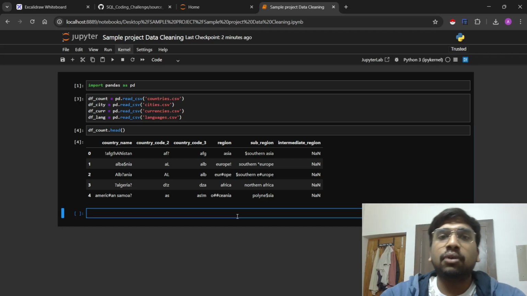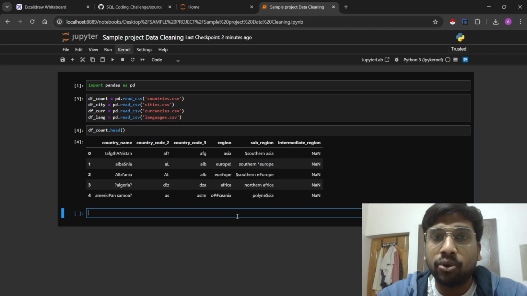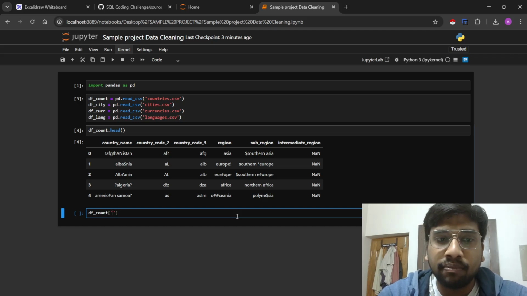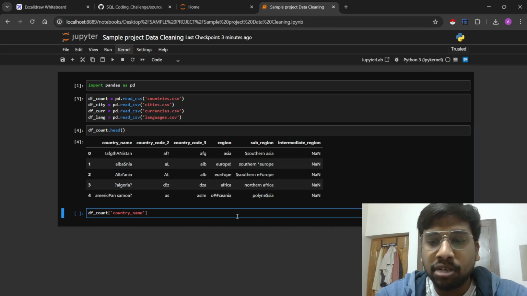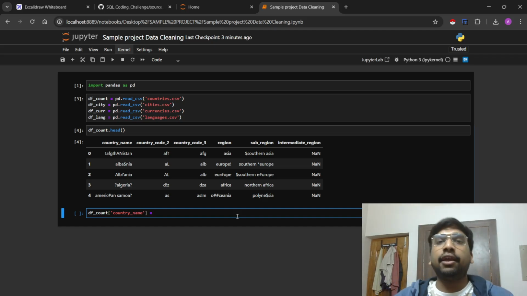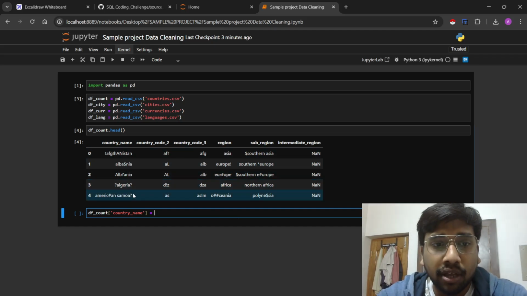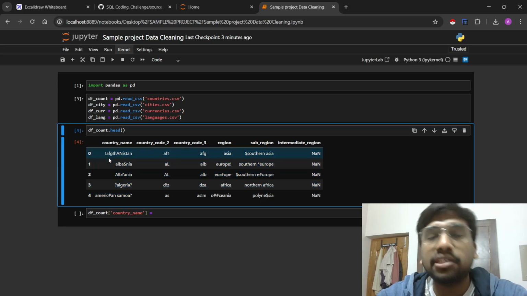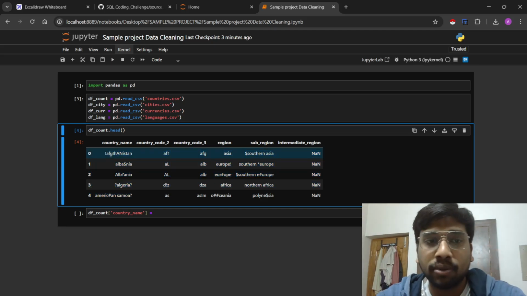Now we will do this column by column so that you all do not get confused. So first we will work on the country name. Now one must think before proceeding further, like what all changes might be needed. For example, let's say that you have a dataset of these 5 rows. What all cleaning must be required?